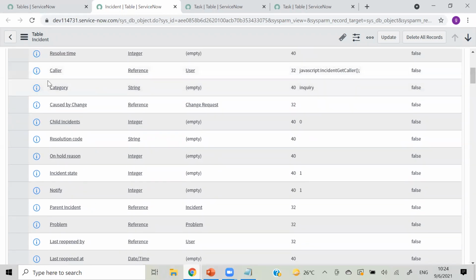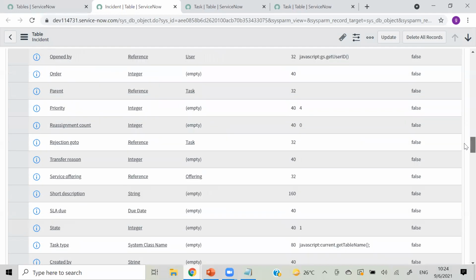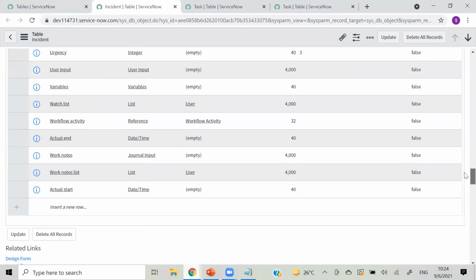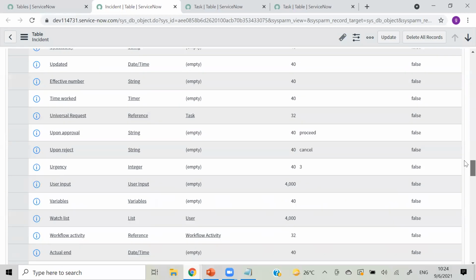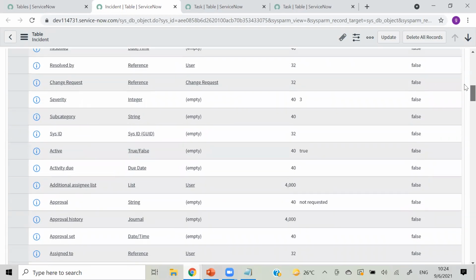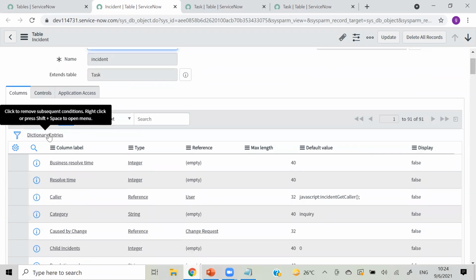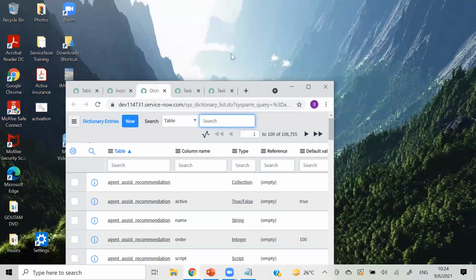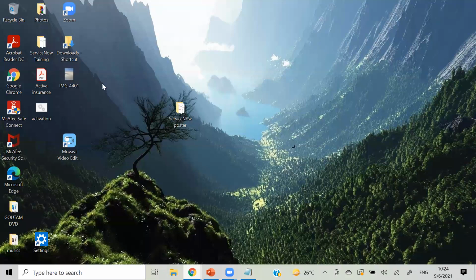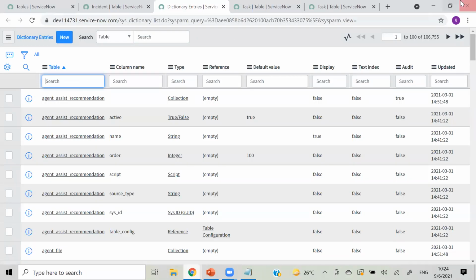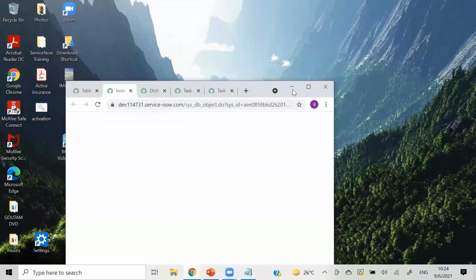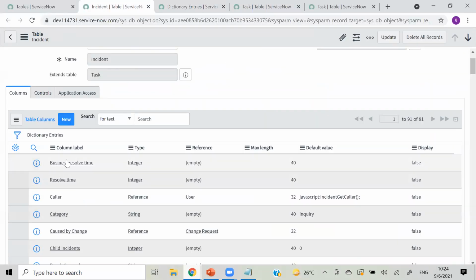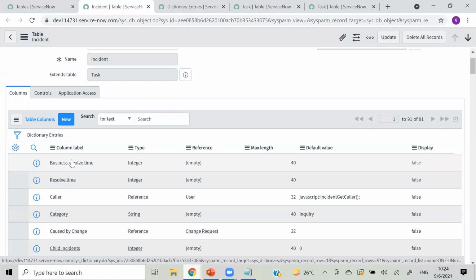You can see it is showing caller, category, incident state, notify, all those fields. Let's scroll down to the bottom. Let me pull this in this way. These are the fields and columns which we have for our incident.